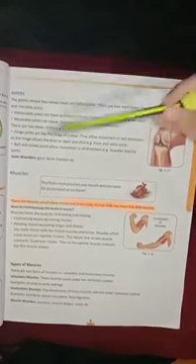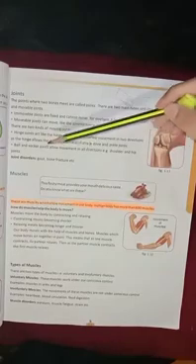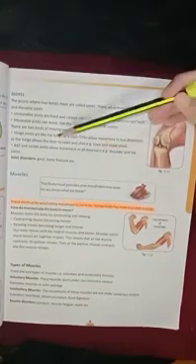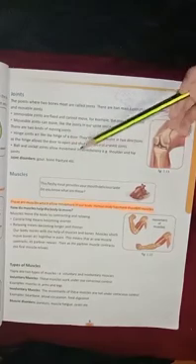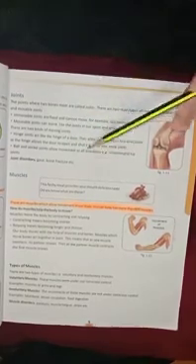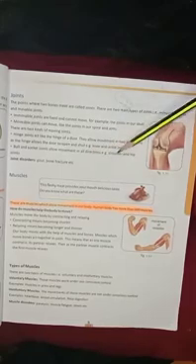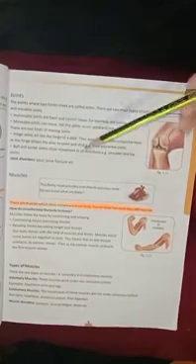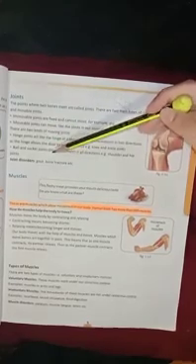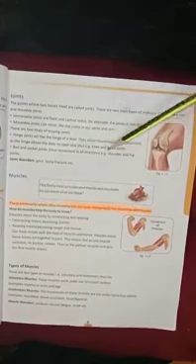Ball and socket joints allow movement in all directions, like you can move these joints upward, downward, right or left. You can move your shoulder and hip joints with the help of ball and socket joints, and these joints help to move your shoulder and hip in all four directions.